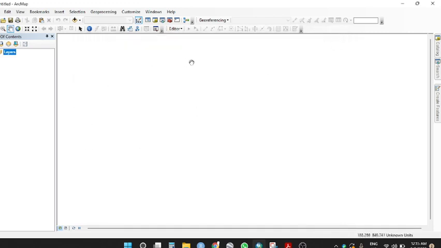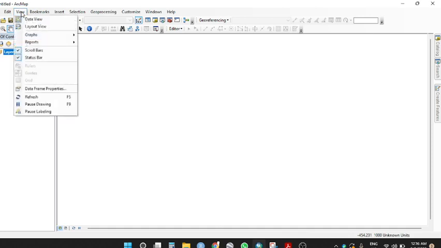Now, the first step we'll perform: if you look at the units here, it is giving you unknown units. That means this empty space, what is called the data frame, does not have any projection defined. So let's define the projection here, which we did not do that day, and the result was that even your georeferenced map will not show any spatial reference. So we'll go to View. You will select Data Frame Properties here,